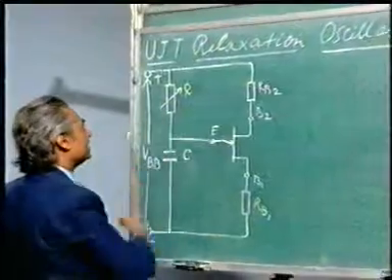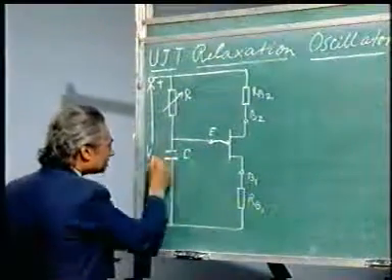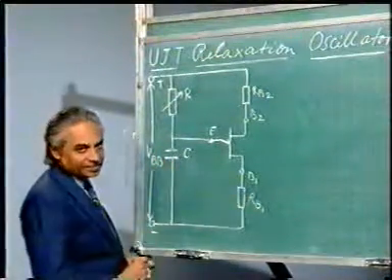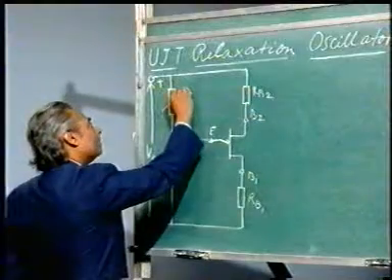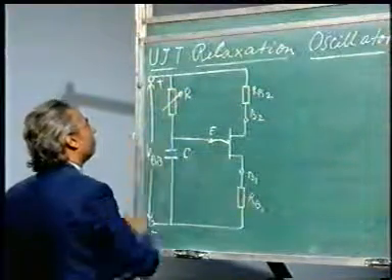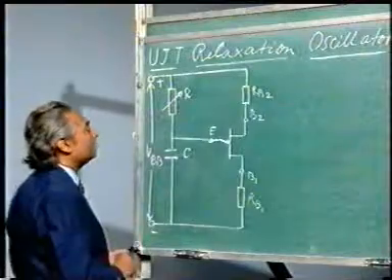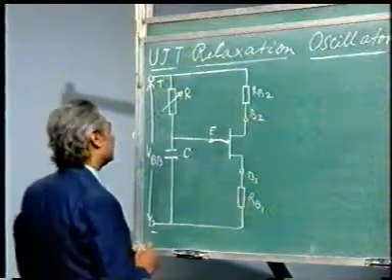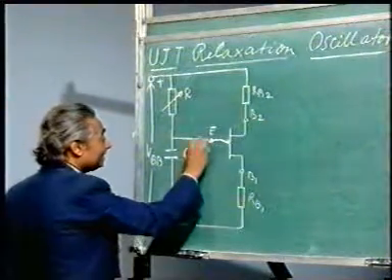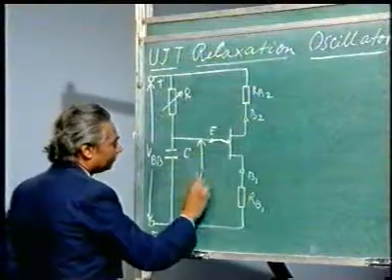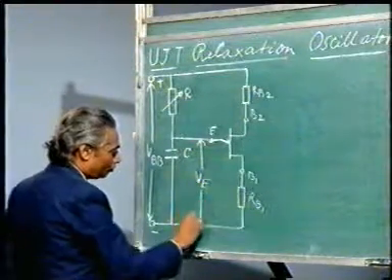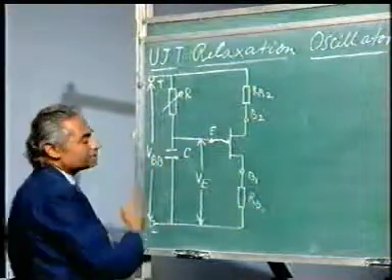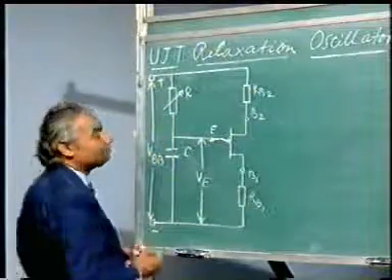So what will happen if I change the value of the resistor? The voltage across this capacitor will change. In other words, I can say the rate of charging of the capacitor will change, and that will depend on the value of the resistor. If I have a lesser value of resistor, it will charge quickly. If I have a greater value, it will charge slowly. Here a voltage, say VE, will be developed, and that will depend on the value of R. I could have a variable capacitor also, but it is easy to have a variable resistor.